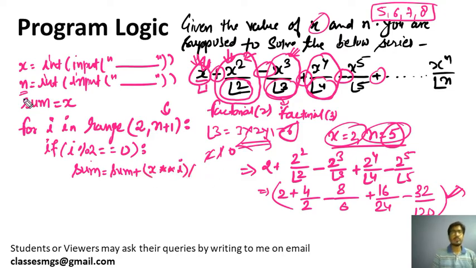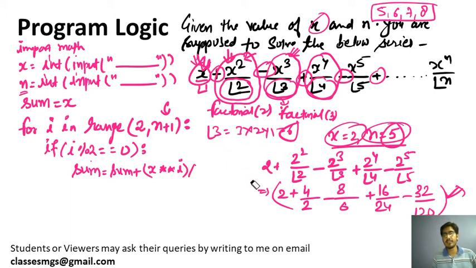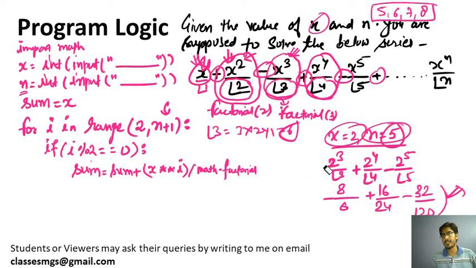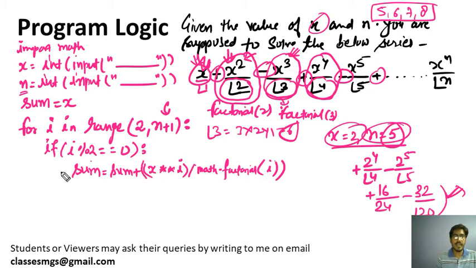the factorial of i. So I am importing the math module. I have imported math here, and I am going to use the math module for directly calculating the factorial. It will be easy for me and easy for you to understand. So I will write math dot factorial. Factorial is the function name, and then I need to write factorial of i. So this much you need to write. Else, if the term is not